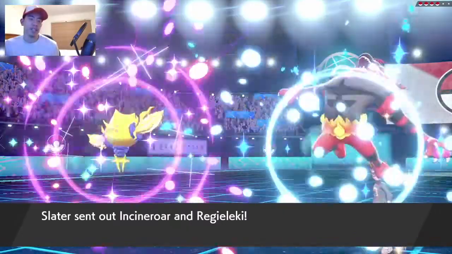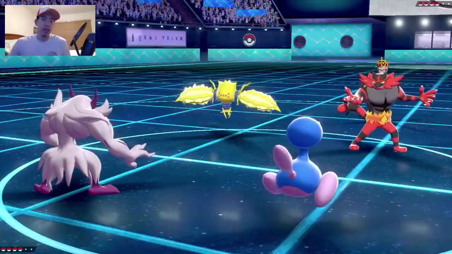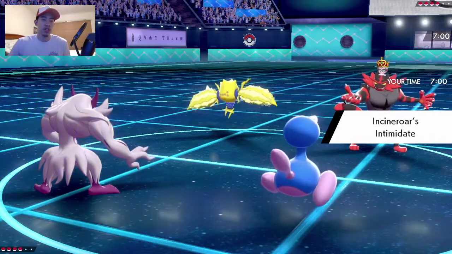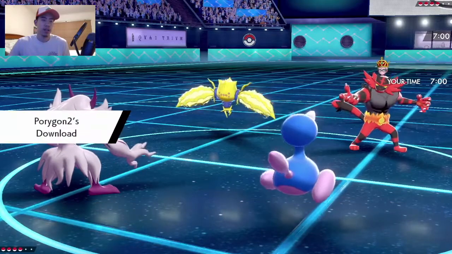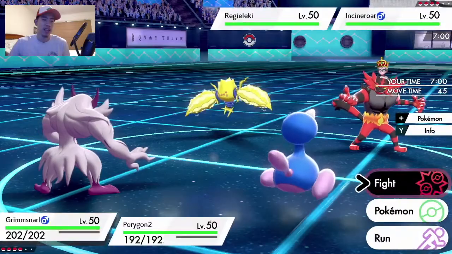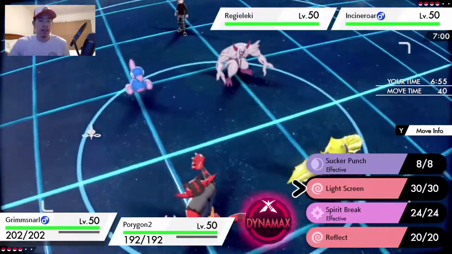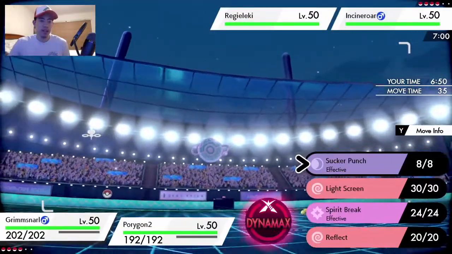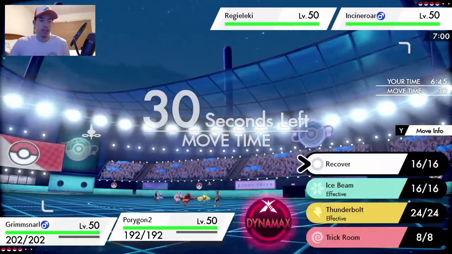But we do see the Incineroar and Gyarados on my opponent's side of the field. So I think Grimmsnarl and Porygon is pretty good, right? Because that allows me to set up Trick Room. No, I don't want to set up Trick Room. Okay, yeah. But my attack rises, which is not the greatest thing in the world. Well, I guess I should go for a Reflect in this position, right? Because I don't think Incineroar is really gonna...